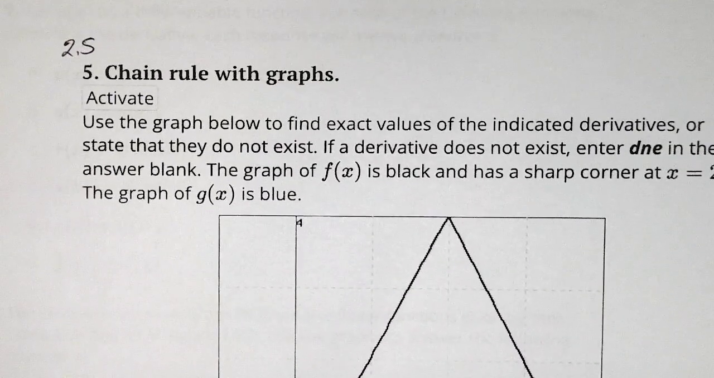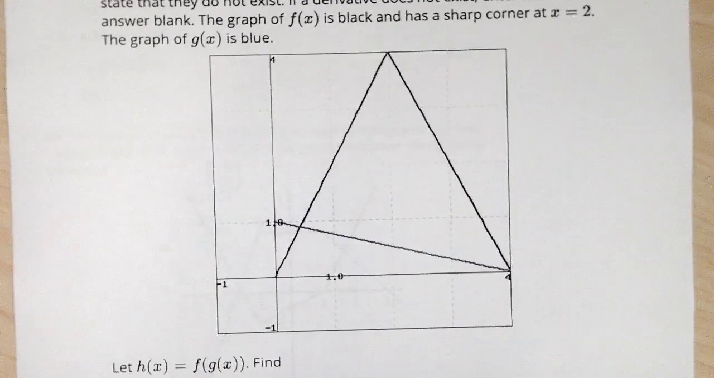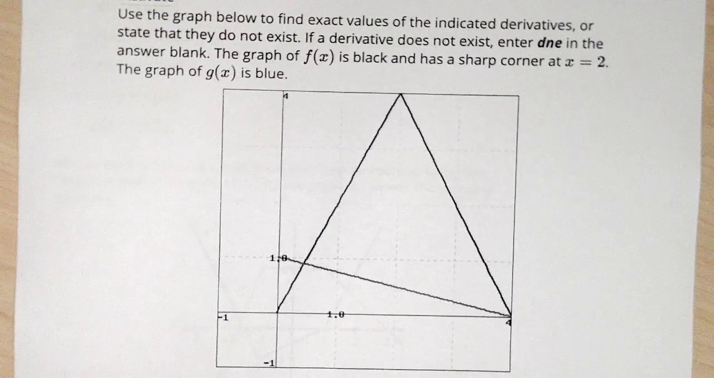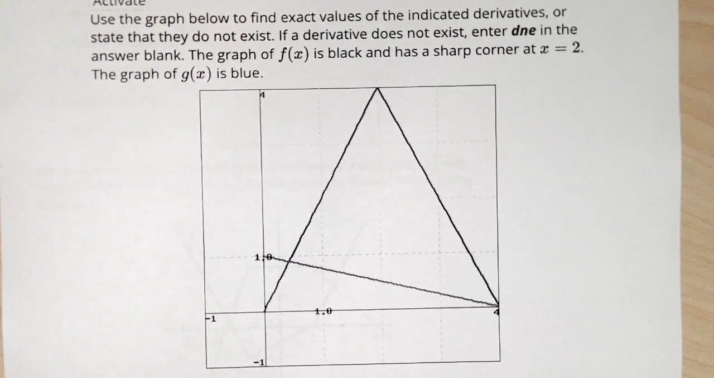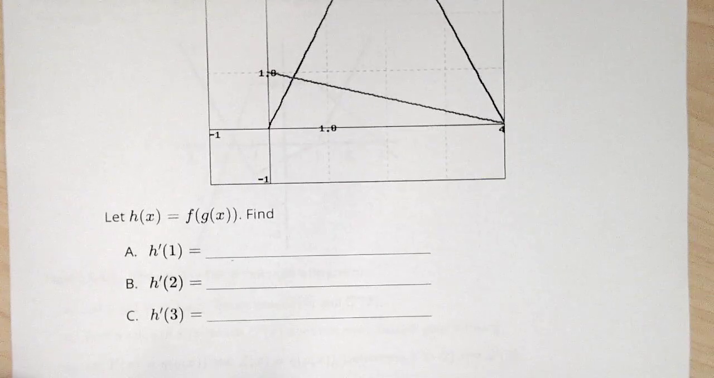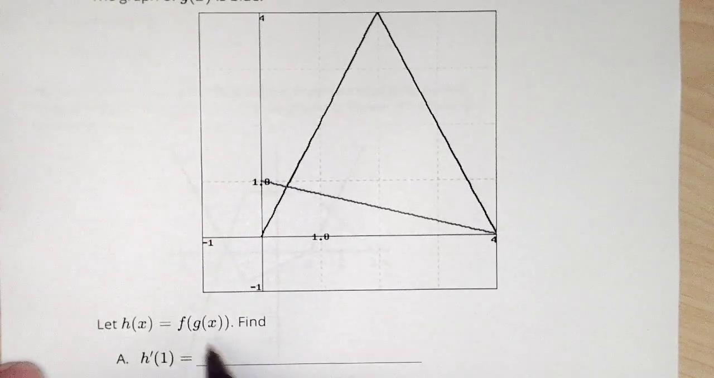Okay, section 2.5. We're supposed to use the graph below. I'm going to have to lift that up a little bit so we can see it all. And we're supposed to find the indicated derivatives down below here. So h prime of 1. And h was f of g of x. So h prime is going to be the derivative of the inside